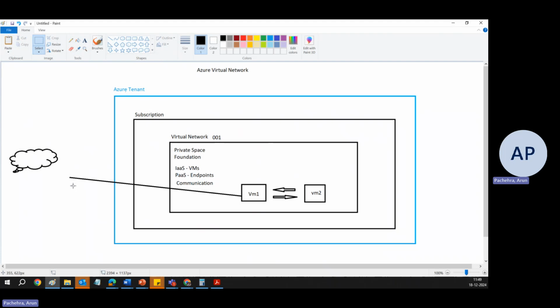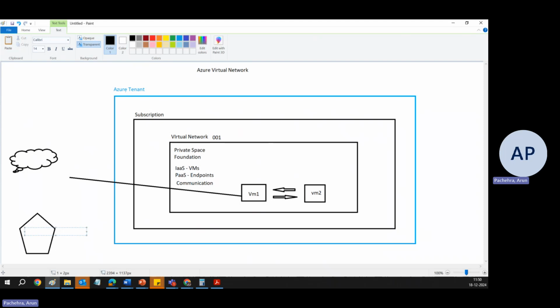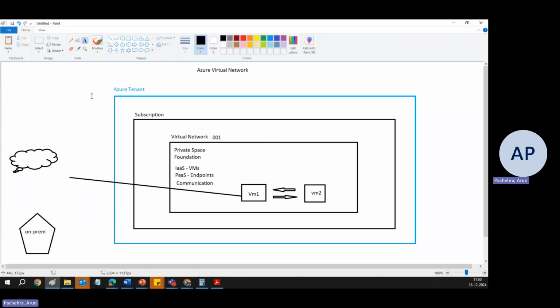However, if you want it to be secure, there are multiple ways to do it. That comes later. So the first point is communication, second is talking to the internet. So sending and receiving data to this VM, this virtual network helps. Now let's suppose there is your on-premises environment and you want to talk to it. So this virtual network will help there as well. Okay, now how, we'll talk about it in this same video, but before that let's stick to the virtual network